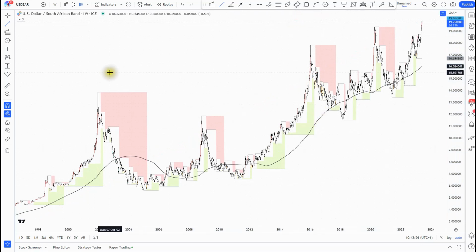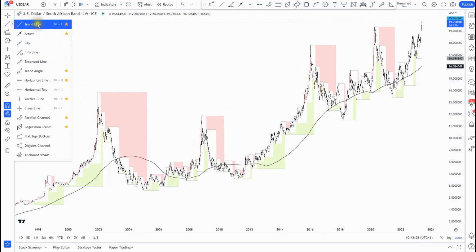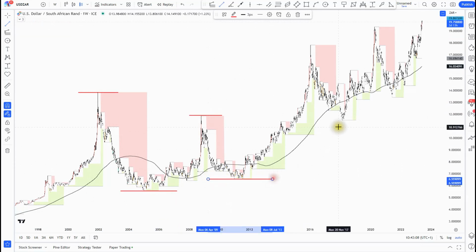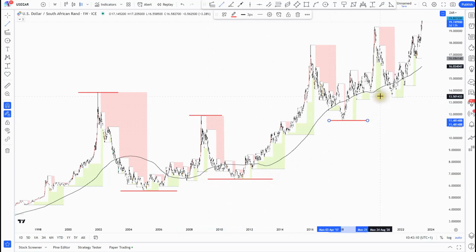Another way to identify the trend is to identify the highs and lows of the market. So we have the previous highs, and then the market keeps printing higher lows, as we can see. And this is how we identify the bullish trend. So we can see there's an established momentum to the upside on a weekly time frame for the dollar versus